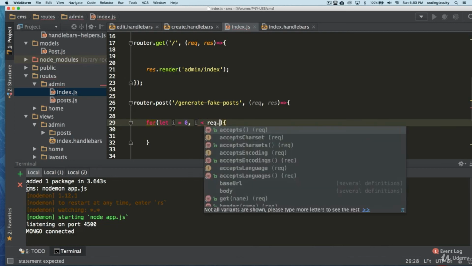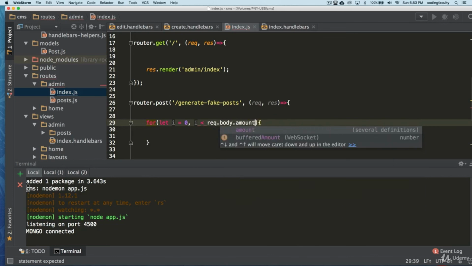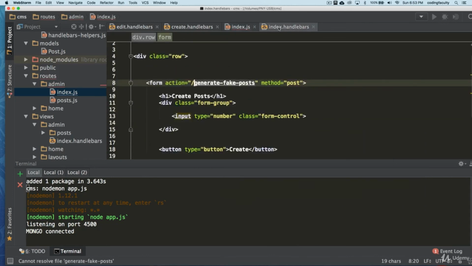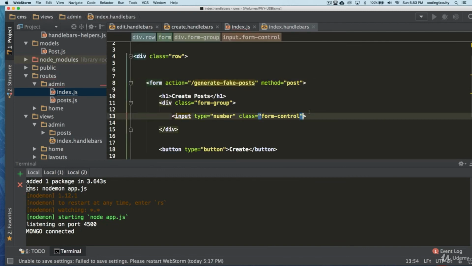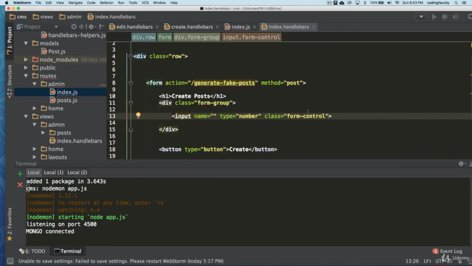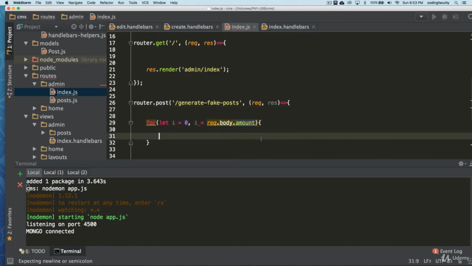We can, if we wanted to, use body amount. So let's go back to our index, and let's give it a name attribute with a value of amount. That way when we insert that, we can dynamically create this.